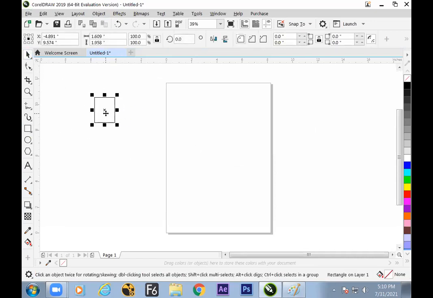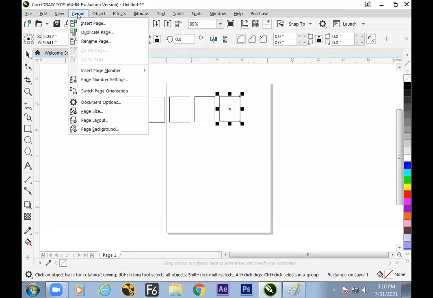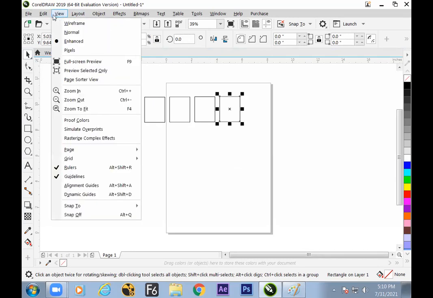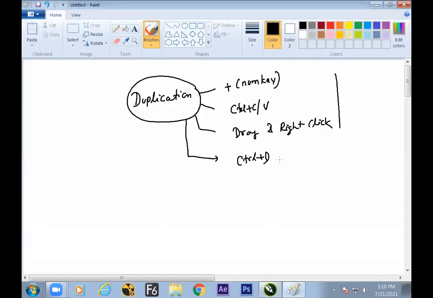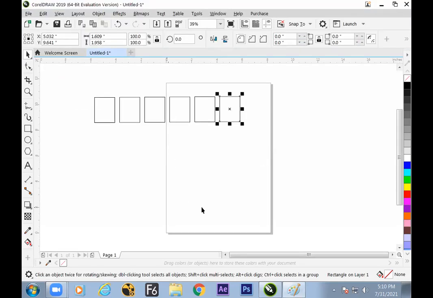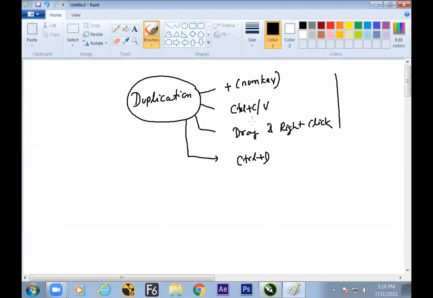First we have done this, then drag and give a right click, and now hit Control D. So it will take that much distance, as much as we have done the first time. I hope this method is clear, right? And it's in your Edit menu, Control D. Is it okay? Here the software remembers the first distance, and the rest will follow that.